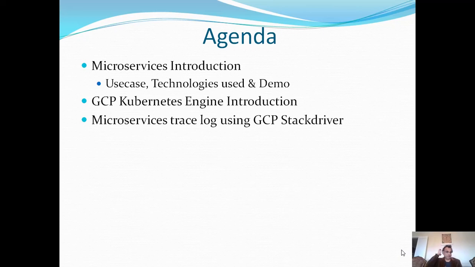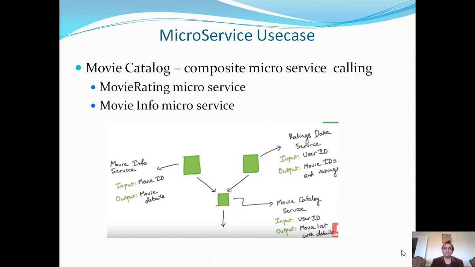Even though this is GCP Kubernetes Engine, the concept is the same for Azure AKS as well as AWS EKS. It's all using the same underlying Kubernetes engine by Google. One slight alteration: since I have extensively explained Docker and the microservices in my other two presentations, I want to keep the discussion a little simple and focus on where I deviate for